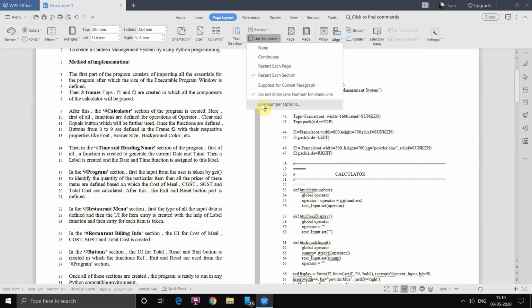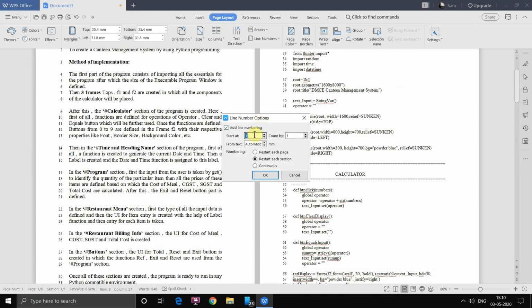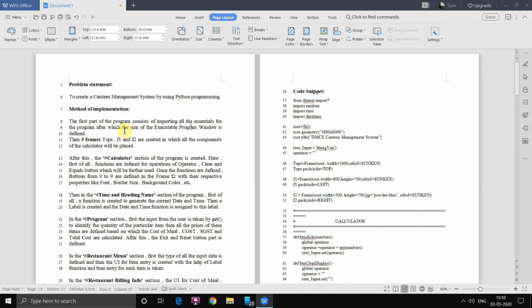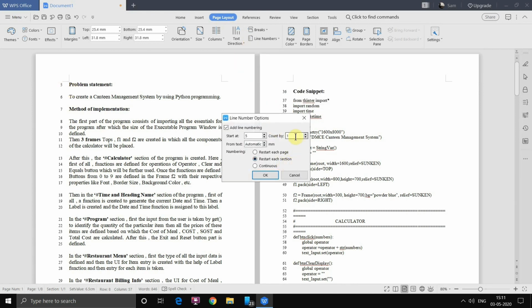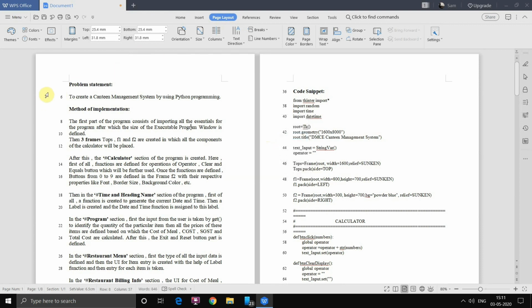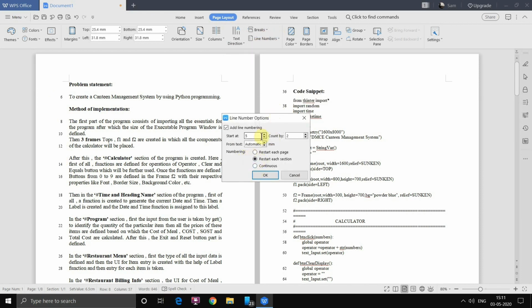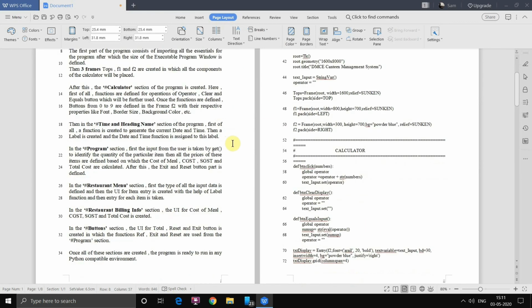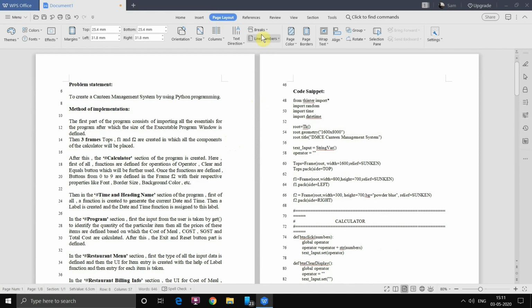Now we'll just go back, and line number options are there. If you want to start at a particular number, let's take 5 and I hit enter, see, it will start from 5. Alright, we'll go back here. If you want only even count, we'll click 2. So see, 6, 8, 10, 12, 14, and it goes on. Next, these options are given up there, so we won't go for that. We'll go back. Done with line numbers, we'll just go back to none.